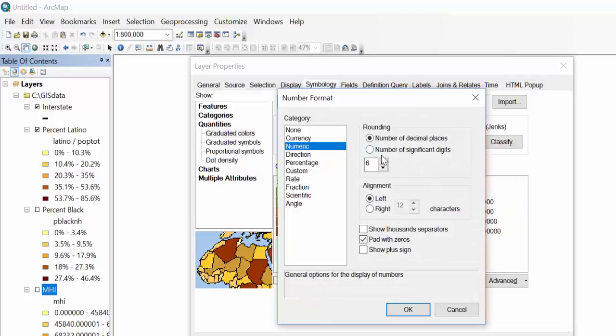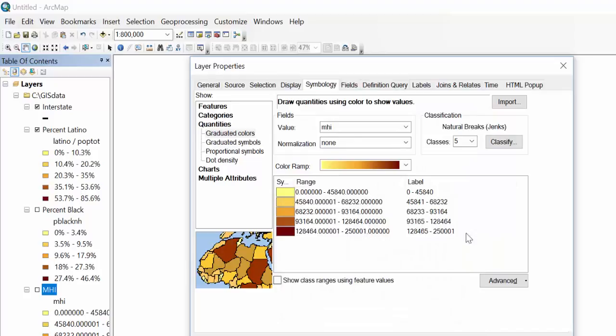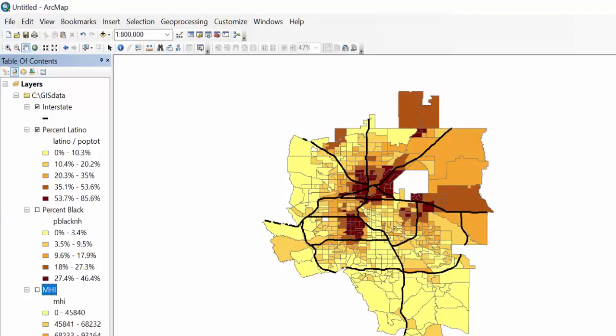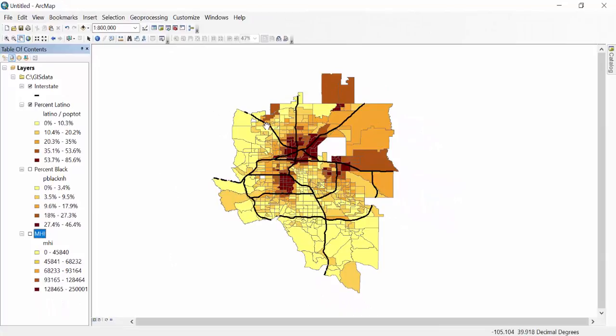So numeric is fine. I don't want 6 decimal places. In fact, when you're dealing with numbers that large, you probably don't want any decimal places at all. Okay. And hit OK. So we're getting there. I'm going to go ahead and show you how we can get these maps out into pictures that we can insert into